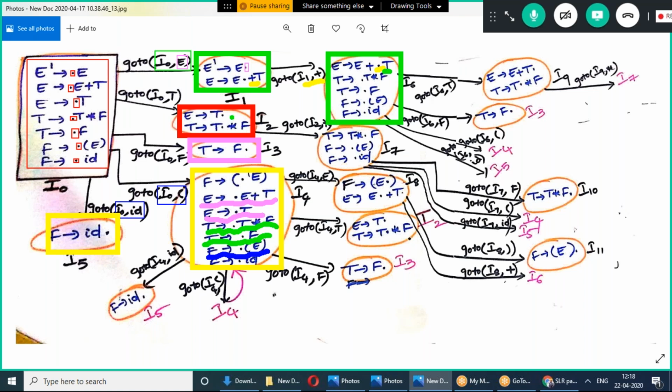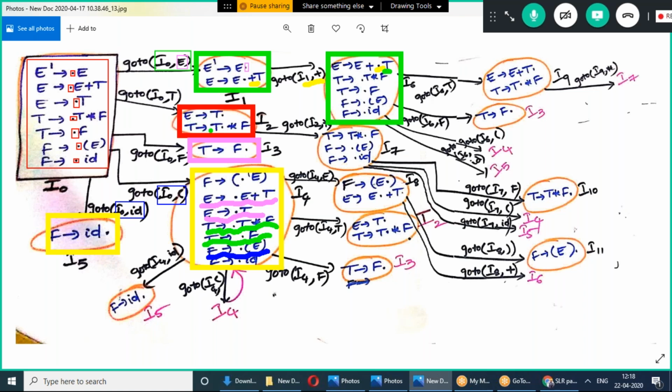Now come to I2, because I1 is completed. No other production remains to perform a goto operation. In I2 there is also a final item: E → T . We cannot perform goto on this.